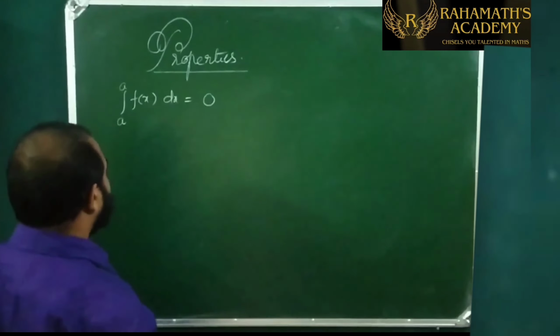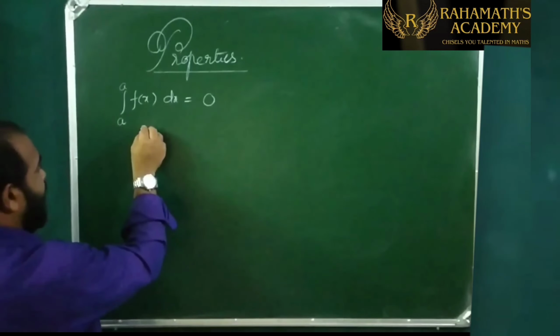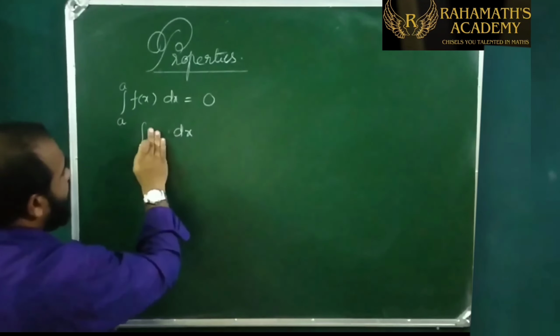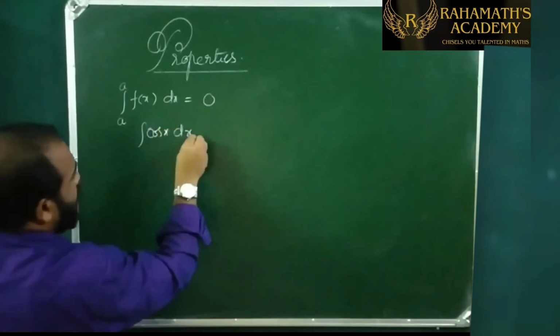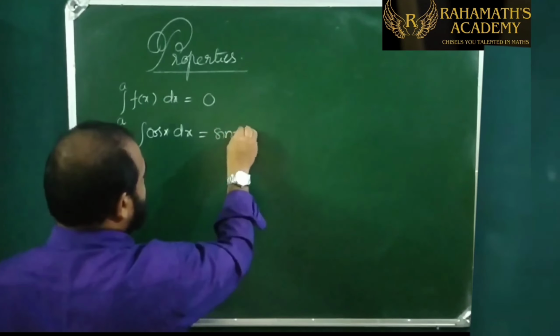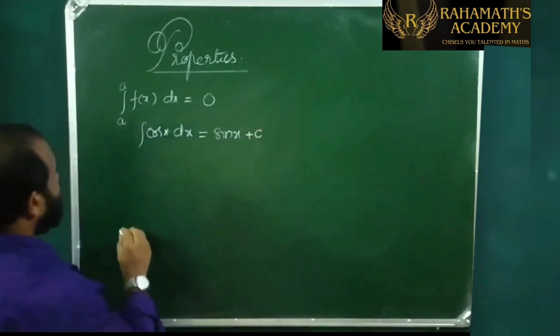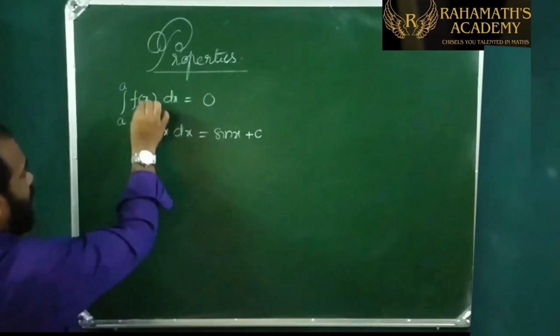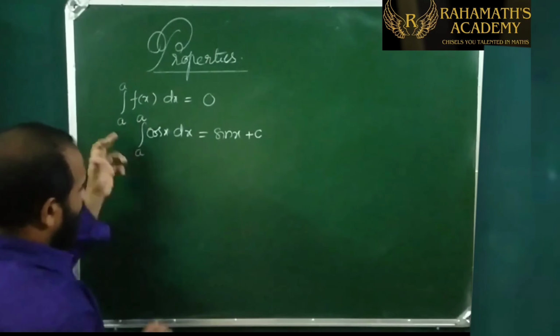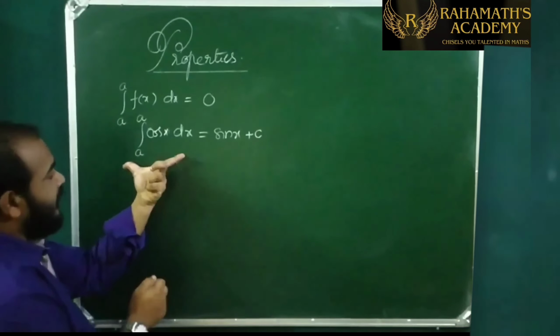Because if you take any example, for example the integral of sin x dx or cos x dx, then this is sin x plus c. So if you apply a comma a, now it is a definite integral, then